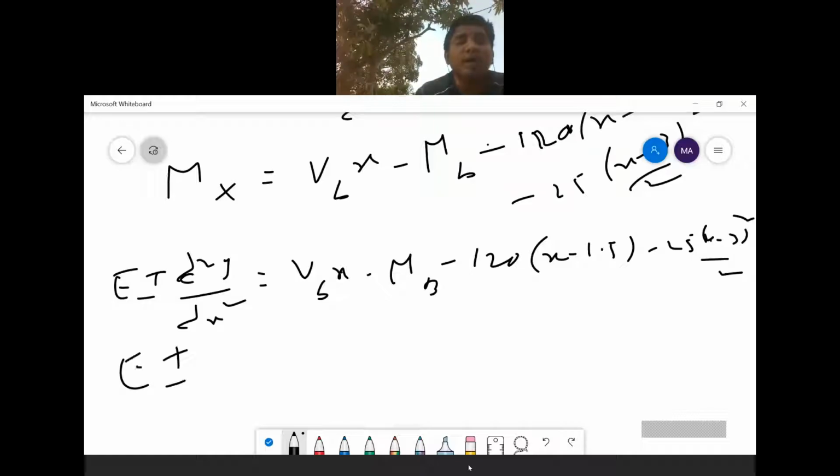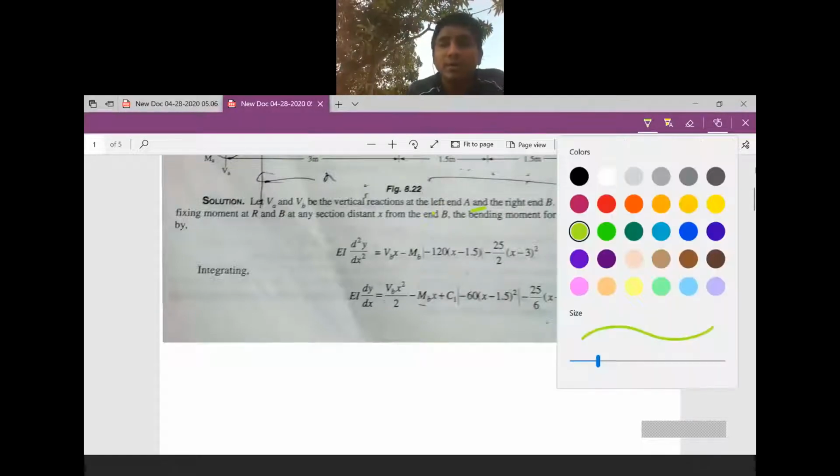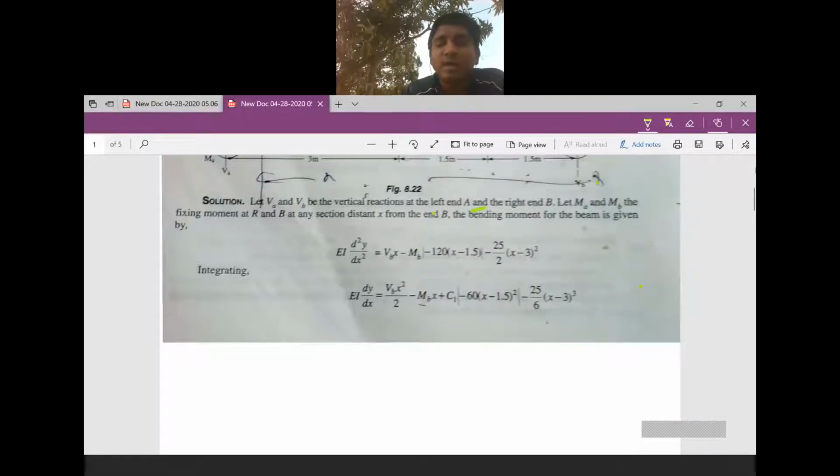It will become EI dy by dx. Here Vb into x will become Vb into x square by 2,